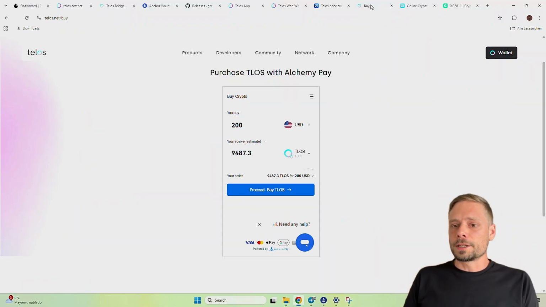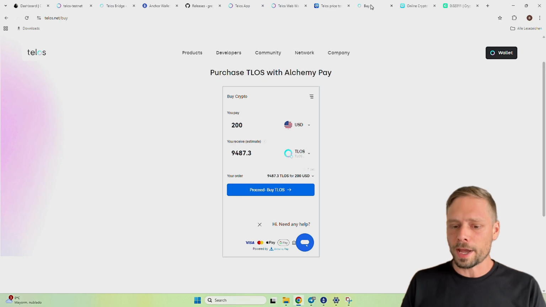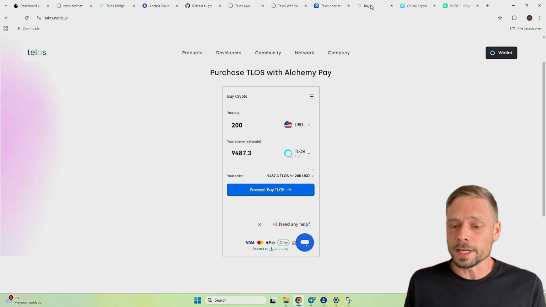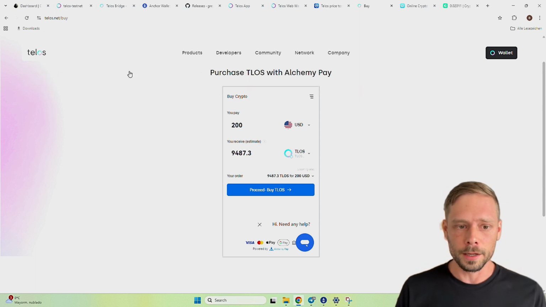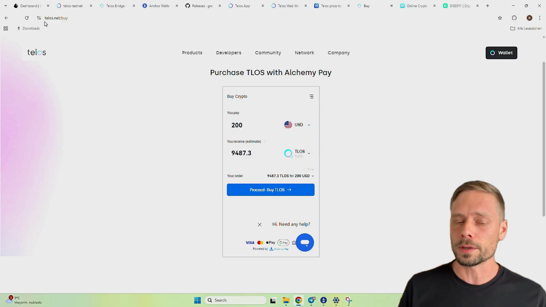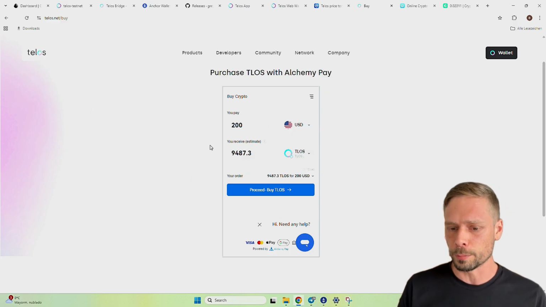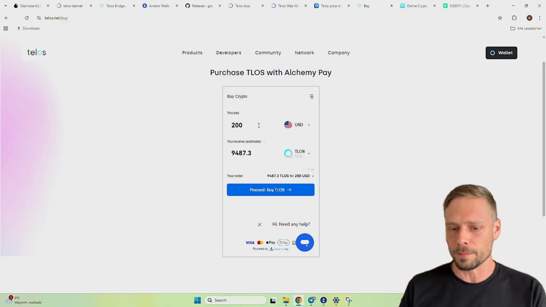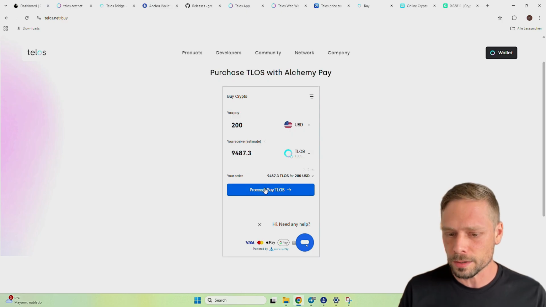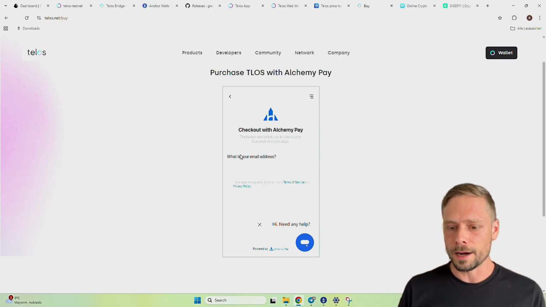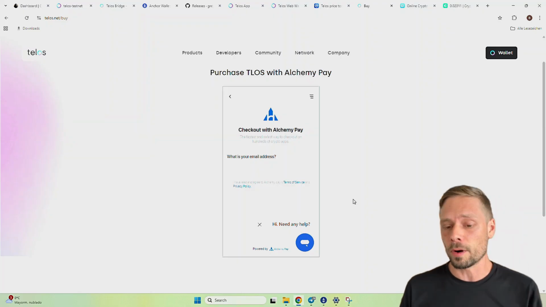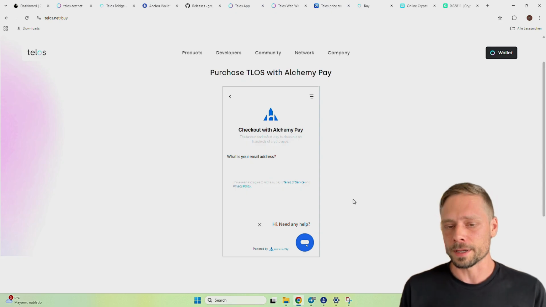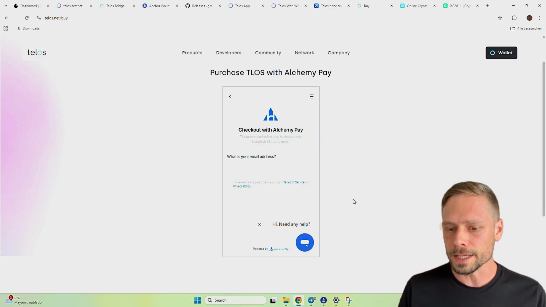For US citizens, I just want to mention real quick, there is a way how you can buy native Telos tokens using a credit card very easily. I did it myself already, going to telos.net/buy. It brings you to this interface here, and it supports, for example, you want to buy Telos here with US dollars. You can do that. The sign up process is super, super straightforward. The whole checkout also just takes 10 minutes or so. Again, using MasterCard, Visa, that works very easily.